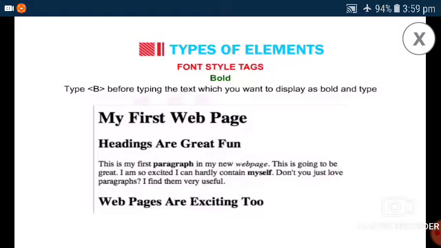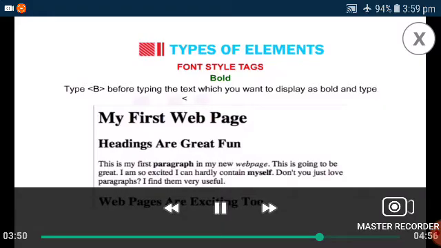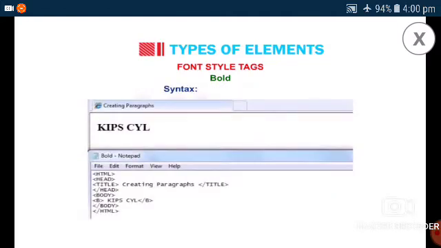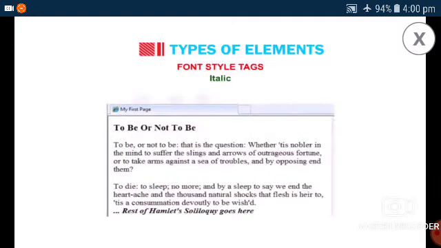I want it bold, so at that time I use the B tag. After the text, the syntax is B, and after that the closing tag, and then close the brace. What you observe is a bold style, and at the same time italic also works like that.